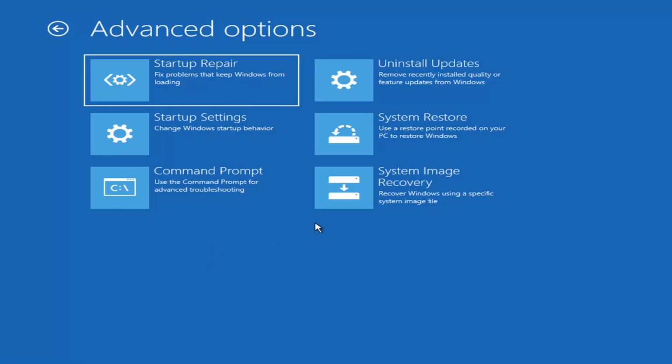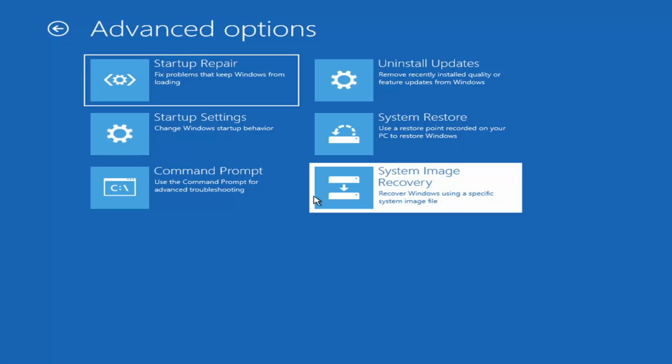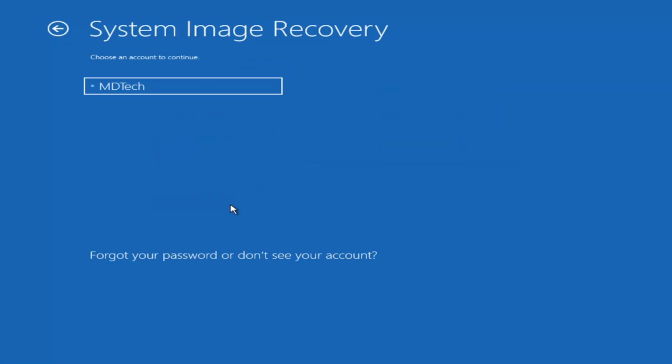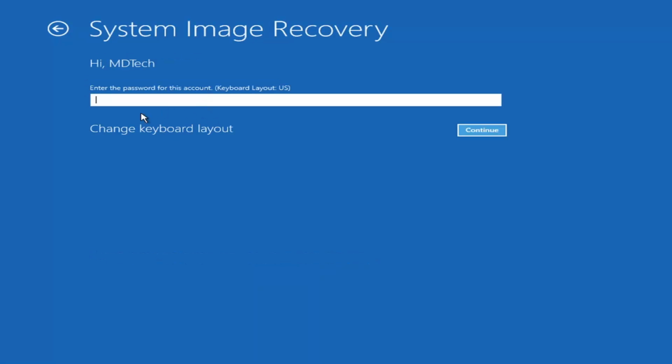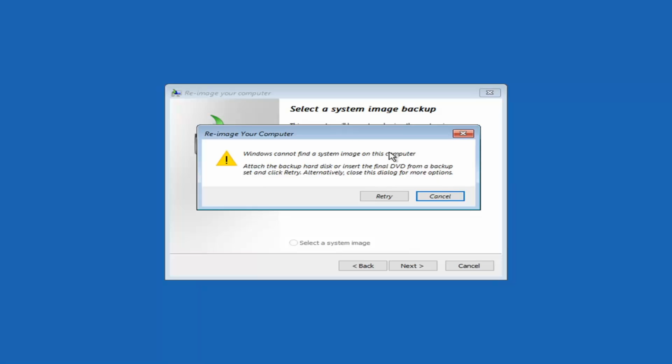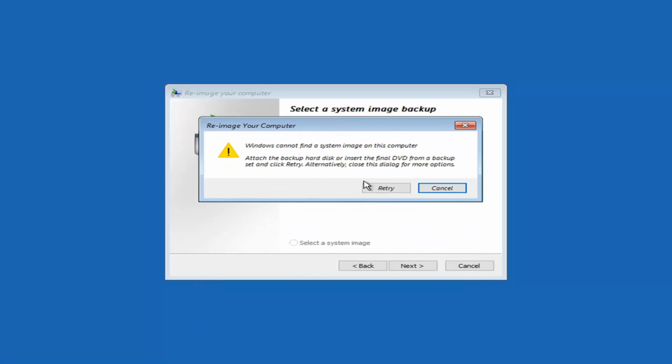Another thing too, you can try the system image recovery option, which if you have a saved CD or DVD of a backup, you're welcome to do that. It's more common if you had an older version of Windows, like the Windows 7 Backup and Recovery option. Not as common, most of you probably don't actually have that here, but I will just go ahead and type it in, select continue. Actually, I think I don't even have a password on here. And anyway, you can see there's no system image on this computer, and if you had a backup DVD or some other external hard drive that you can connect to, you could do that through here